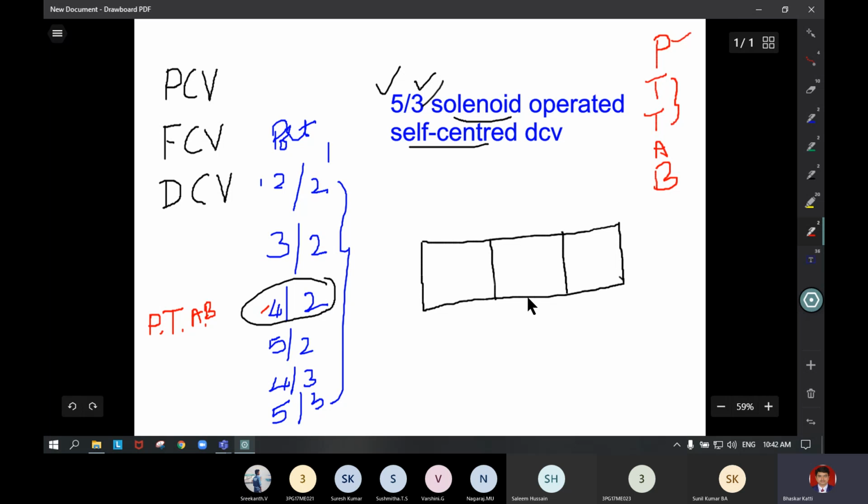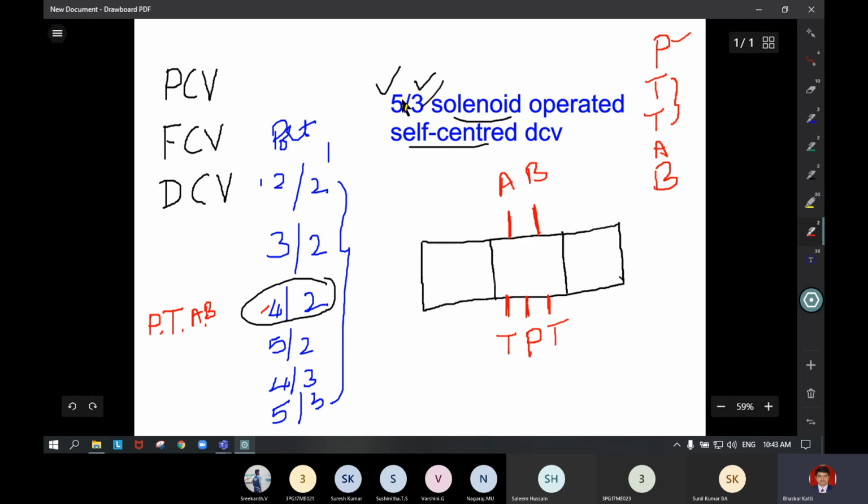So here on the bottom side, we have to represent 3 ports. Out of 5, 3 are over. On the other side, we have to write the 2 ports. Now, the center one is representing the P port. Either side, these are T ports. Then these are the working lines A and B.